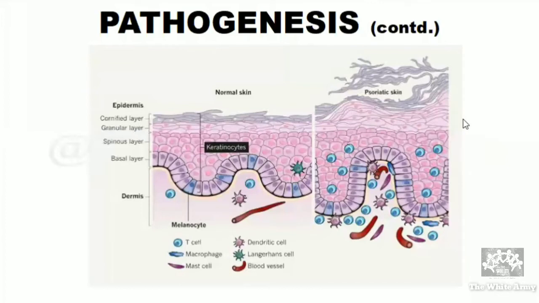Usually what happens, the basal cells, as they move up, lose all their living functions. They lose the nucleus, they lose the organelles, but they keep on producing keratin protein. So when they reach the stratum corneum, the whole cell is filled with nothing but keratin proteins. The nucleus, the mitochondria, everything is lost on the way. So that's why the topmost layer, the stratum corneum, is so hard and rigid.